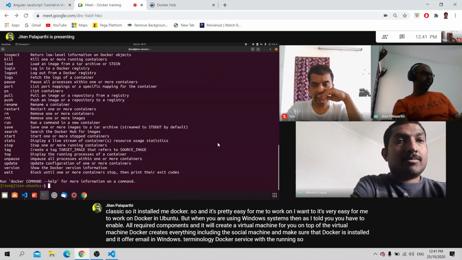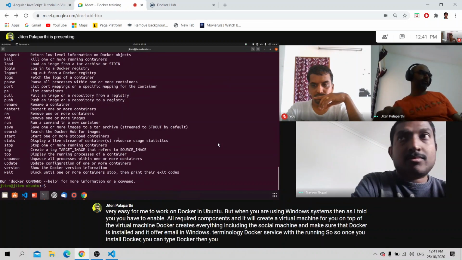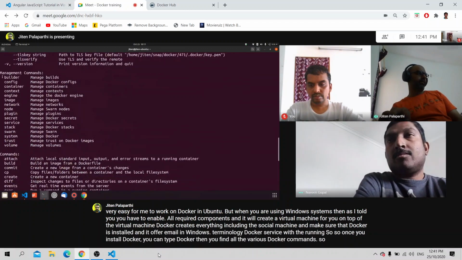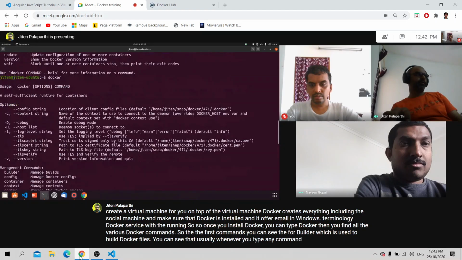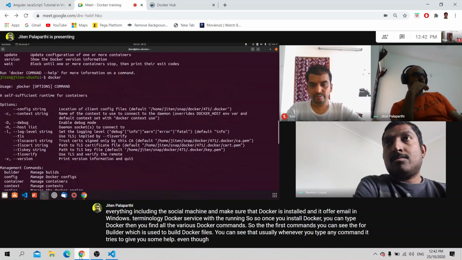So once you install Docker, you can type docker, and then you find all the various Docker commands. The first command you can see is docker builder, which is used to build Dockerfiles. Usually whenever you type any command, it tries to give you some help, even though you don't ask.